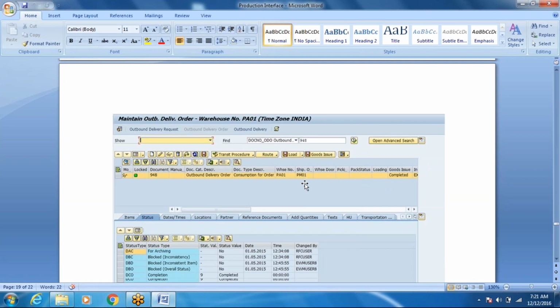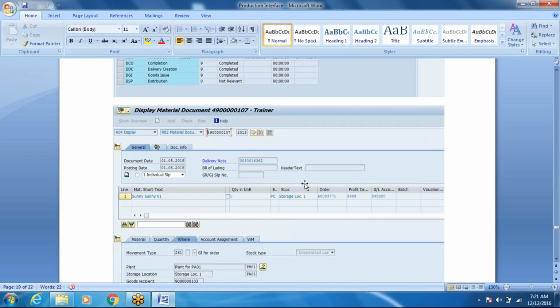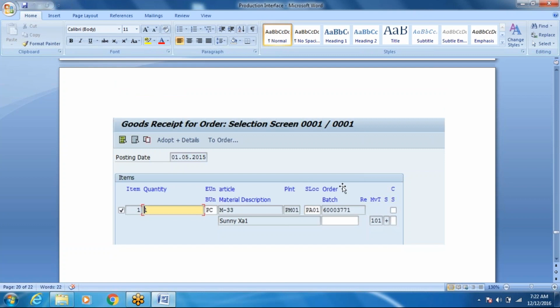Now the outbound delivery will consume the stock from that bin. See what happened: from the warehouse during staging we placed the part in the bin. Now when we do the confirmation, we are saying remove the stock from the bin because it has been consumed. And you do the goods receipt. On confirmation, you can do the goods receipt either manually or automatically. It all depends on how the PP team has configured their process. Most of our settings and most of our involvement is during the picking